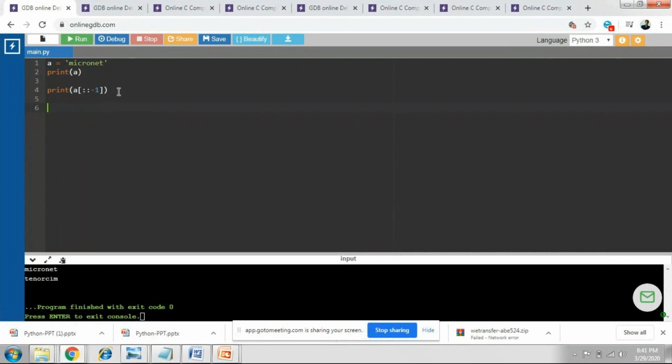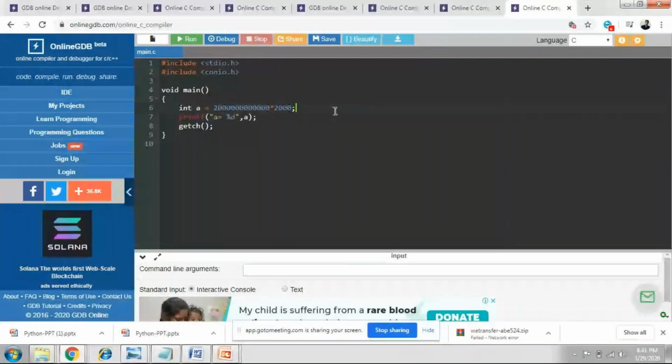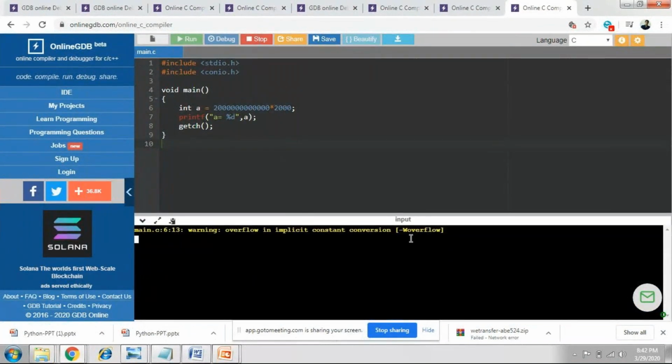And now I will just try to show another example. So for example, see, this is a simple code which we are using in C language. I've declared a variable a with type int. Now I've given some random value. Now I'm trying to find the value of it. Now, if you see the answer, you can see the value has overflowed. That means there is some limitation for int, so it cannot occupy it. So there is an overflow happening as part of this calculation.